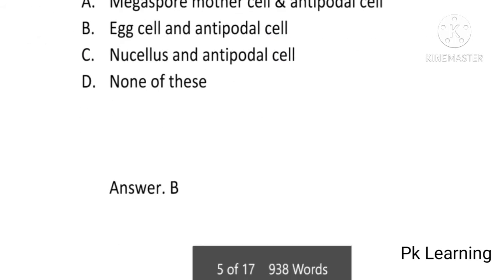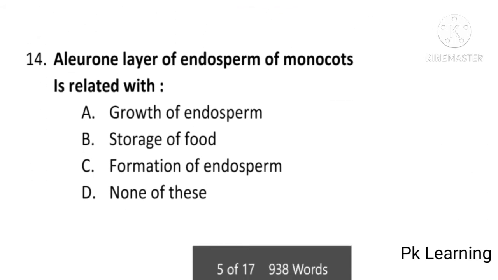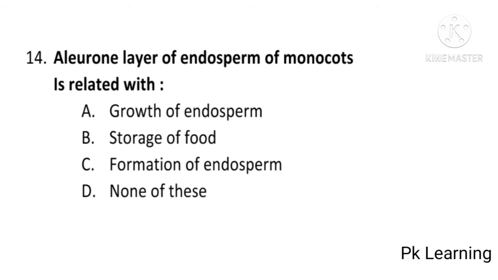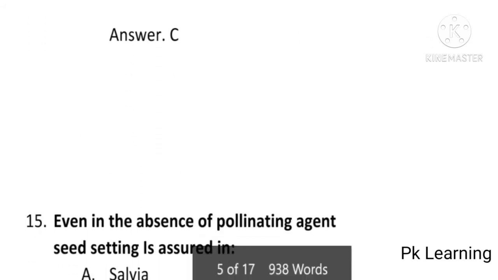And the next question is aleurone layer of endosperm of monocot is related with growth of endosperm, storage of food, formation of endosperm, or none of these, and the answer is C, formation of endosperm. Aleurone layer is related with formation of endosperm. C is the correct option. And the next question is